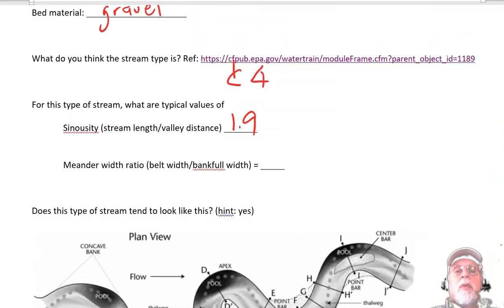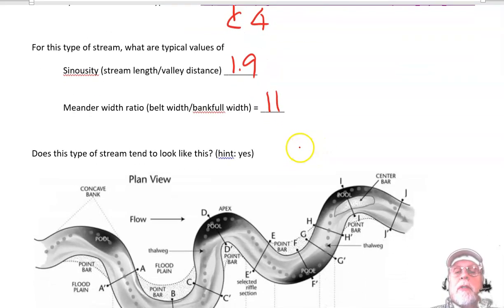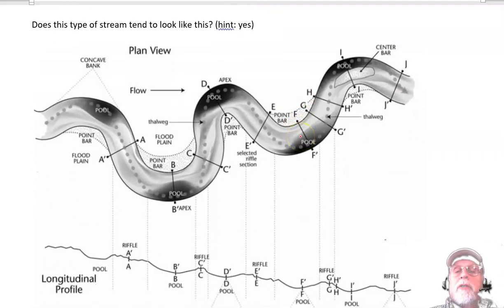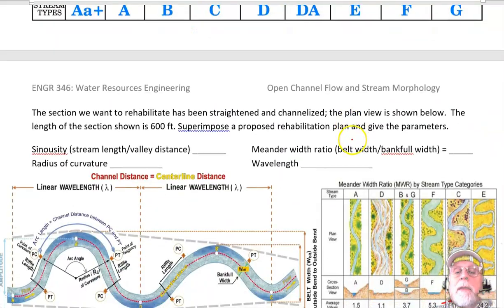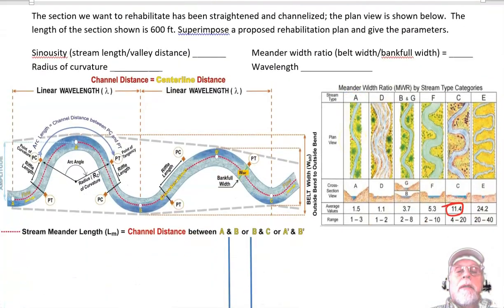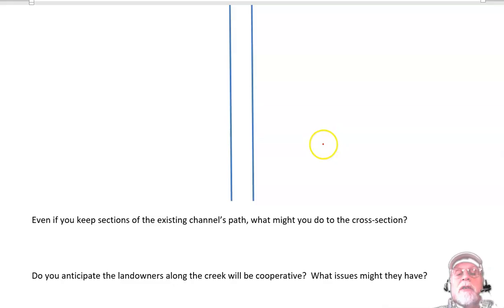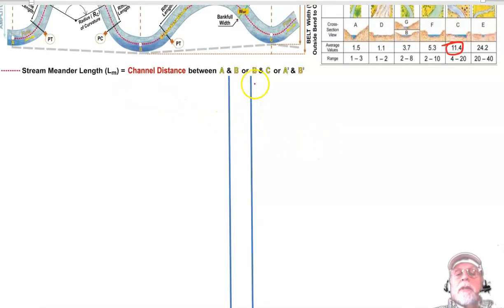So we can know what this stream should be naturally, and if we want to restore it, we can try to make that happen. So I'm going to jump up to this. So we said we can say, okay, this one we have a straightened section of a stream,